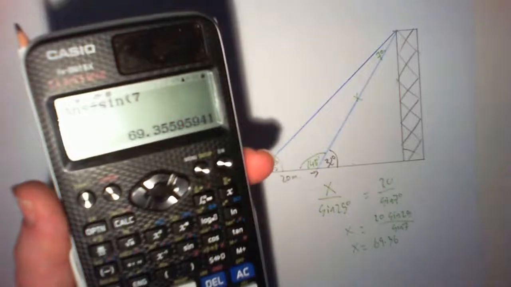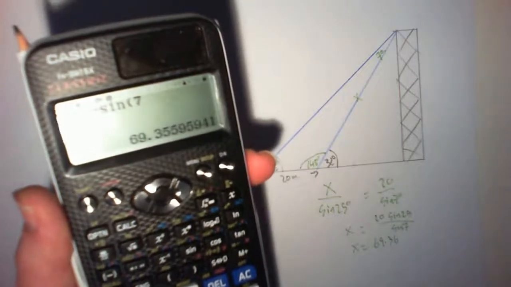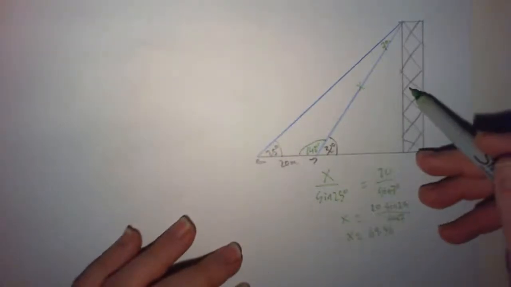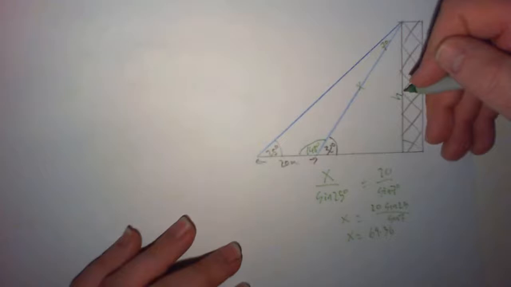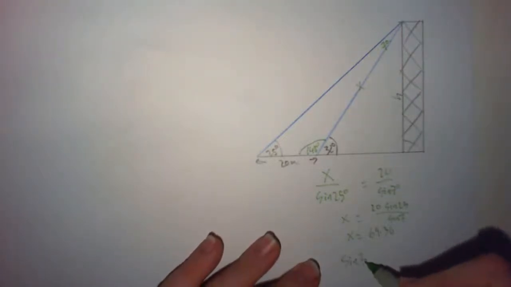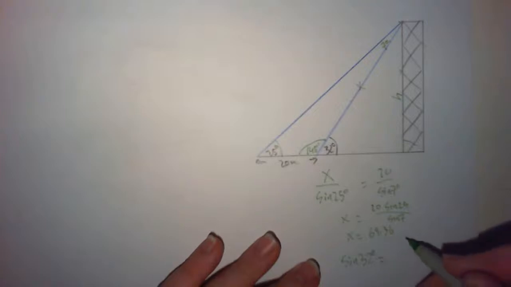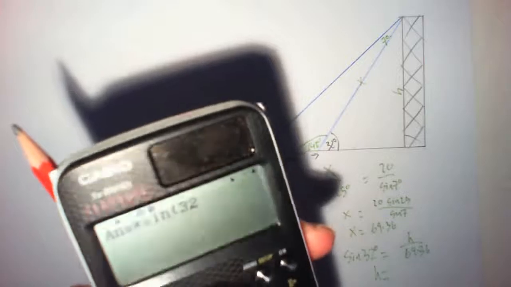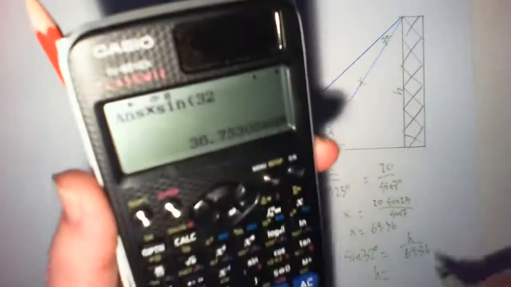And of course, once you know the hypotenuse, things start to become a little bit easier, don't they? Because now the sine of 32 degrees is equal to the height of the building over 69.36. That's just a simple cross multiplication. So the height of the building is going to be that answer multiplied by the sine of 32, which is 36.75